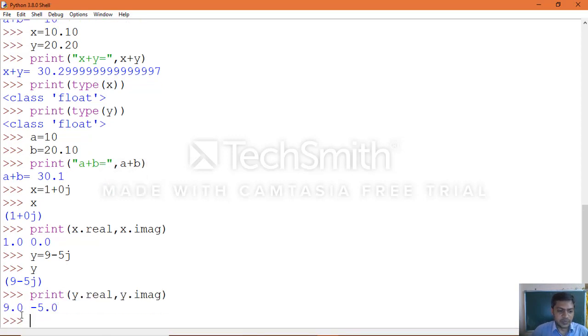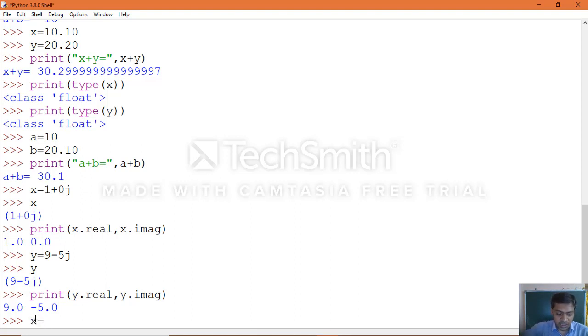Yes, we can see, as already told, float values are represented when it comes to accessing the real part and imaginary part. So 9.0 and minus 5.0, because minus 5 is the imaginary value that was specified. Okay, so now you come to know how we can make use of it.